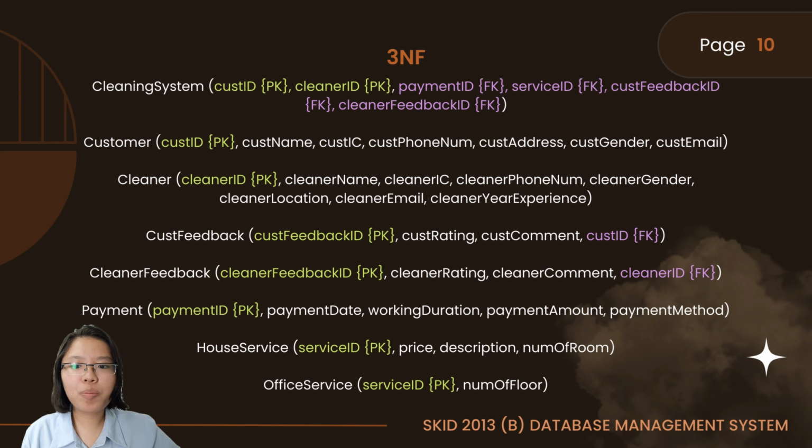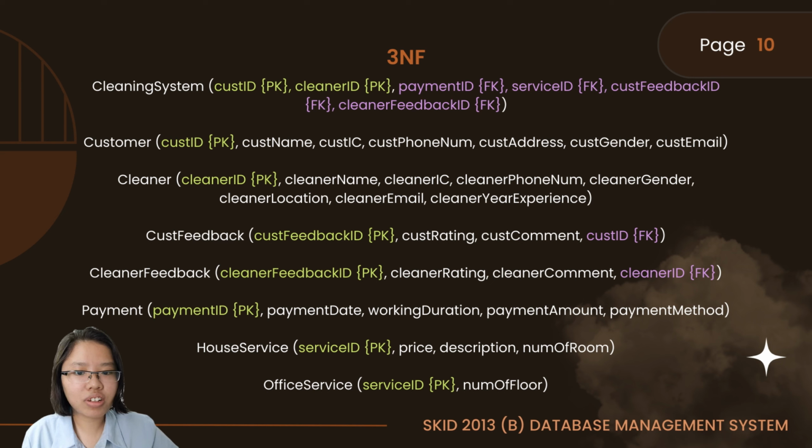For the third normal form, 3NF, we will identify the primary key in the second normal form relation and identify the functional dependencies in the relation. If transitive dependency exists on the primary key, we will remove them by placing them in a new relation along with the copy of their determinant. Here, we copy back the relation of customer and cleaner from the second normal form just now. Then, we set the cash feedback ID as the primary key, cash ID from the customer as the foreign key,